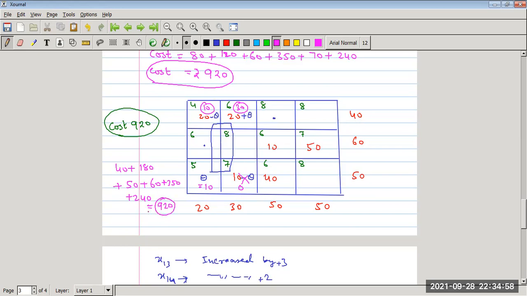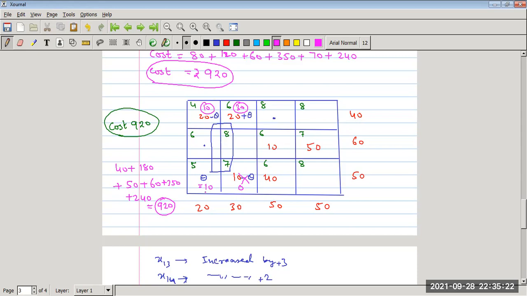So again we get rupees 900, but the allocations are changed. So we get an alternate solution, an alternate option for how we can send the items, but the cost remains the same. It means we have reached the optimal solution. We cannot reduce the cost below this. We have checked each and every possibility.